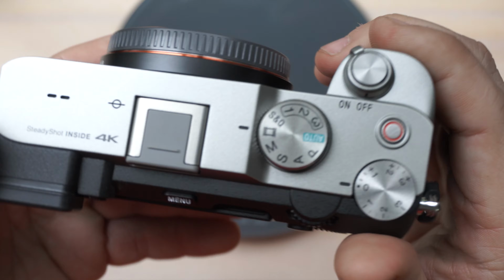I'll grab the scale again. Now, the a6000, the battery is in here. I know I have these on, but that'll only add a couple of grams here and there. The a6000, that's what made it amazing. 345 grams with the battery, which is insane. I mean, if you pair it with a small lens, it's like you're carrying nothing at all, right? Now, 345, right? The a7c with the battery comes out to